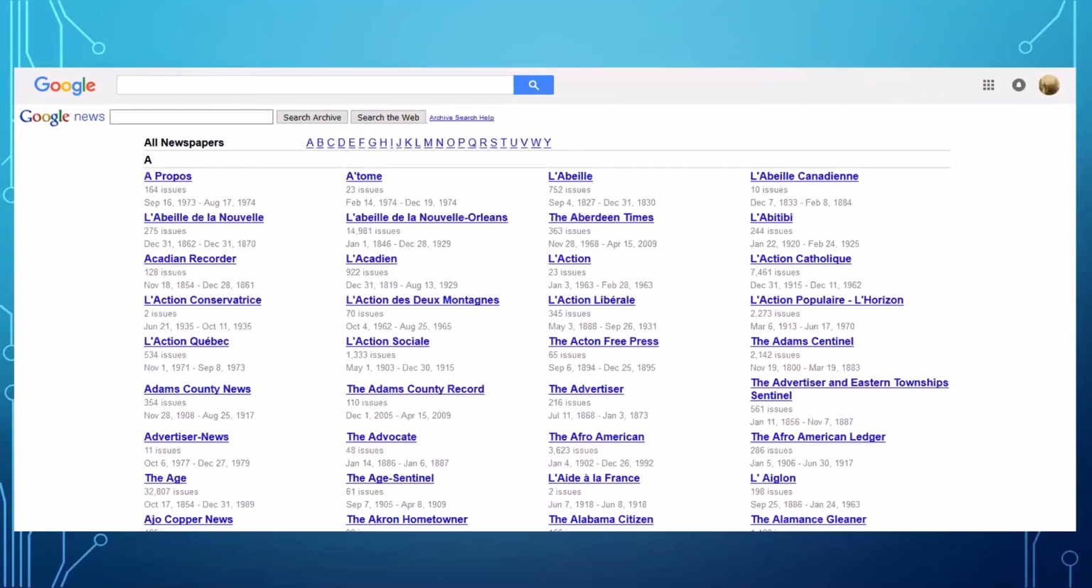Like L'Action Catholique has over 7,000 issues that span 50 years of history. There are some that will span 200 years of history. And then there are some that might just be 6 months or a year. So you look at the Advocate in the second column, there's only 48 issues, but it's only 2 years. It's only from 1886 to 1887. So you would have to click on that newspaper to figure out, is it a weekly? Is it a daily? Are there issues missing,